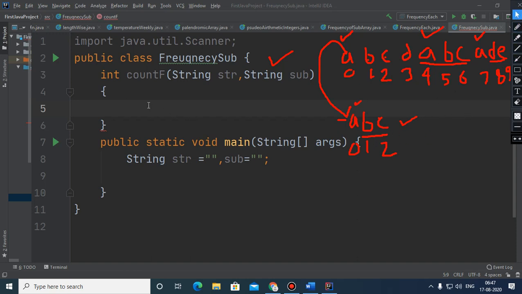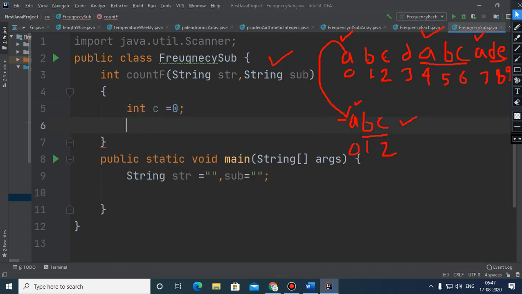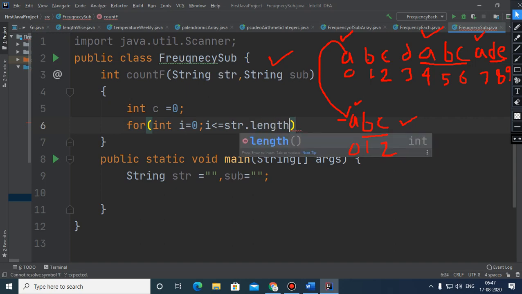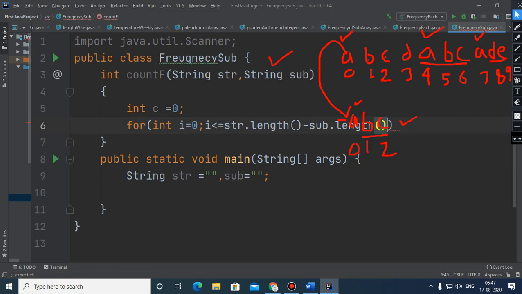Okay, so we are going to implement this code. First of all, we have taken a variable C, which is for counting. Now the question is, if this is the loop for the main string, which is I, how long will this loop go? So this loop will go up to str.length minus sub.length, and I++.